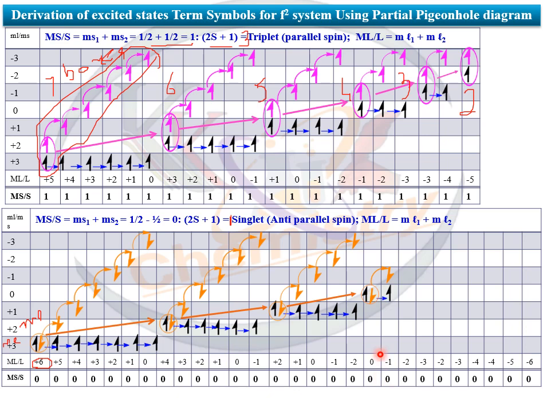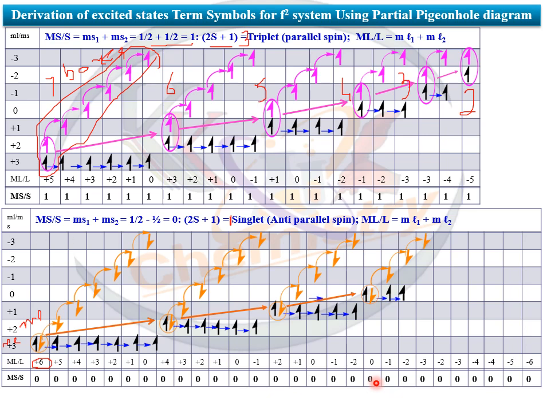So how many sets do we have? We have 7 sets of arrangement. We will be having 7 term